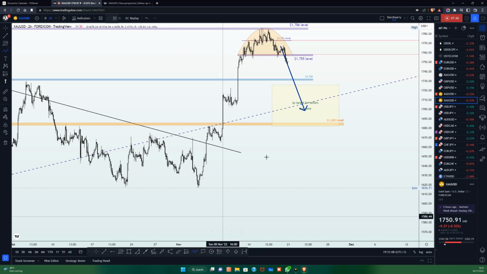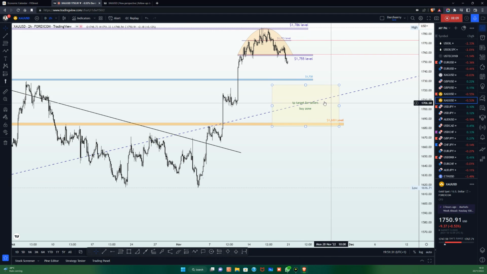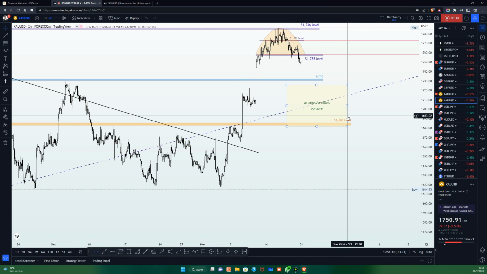So we might be having a situation where price comes into the structure. It could be the bullish trend line here, or probably the $1,680 area. But the most important structure we want to be looking for around this area is a reversal pattern. It could be a double bottom structure, which might incite the second wave of that bullish momentum. So going into the new week, I will be expecting that price will be coming back down into the TP target zone, which I have identified around the 1,730 and the $1,680 level,